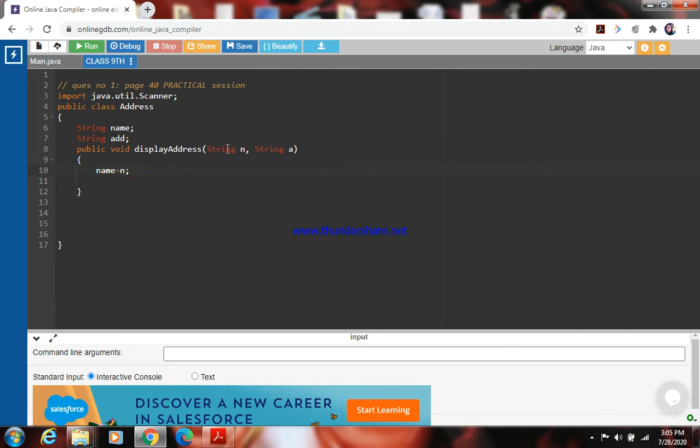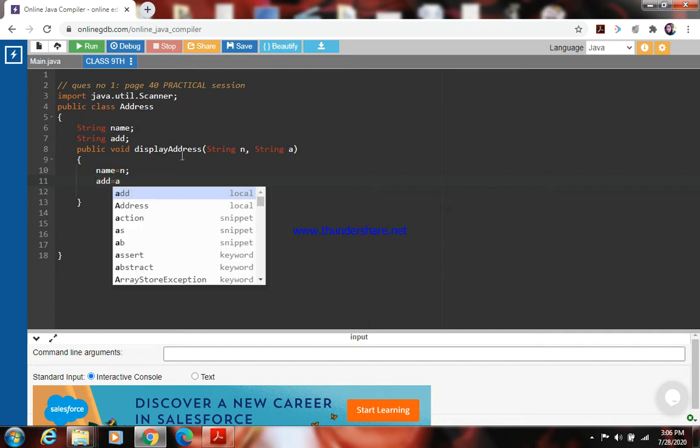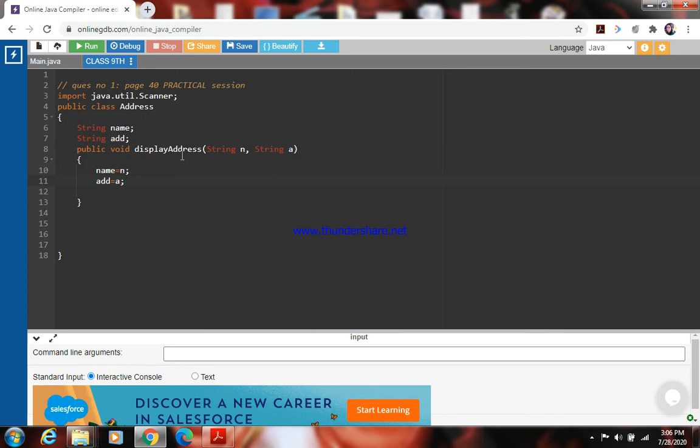Now what I am doing is, see this line, n is assigned to this name. Name is the global variable, address is the global variable. Whenever the values come here, we will pass those values into our global variable. We need not declare it again. For address also, whatever is in a, I'll put it in add. So this is how we can display